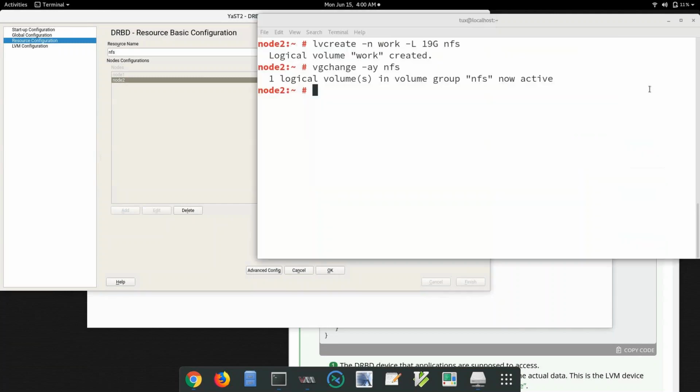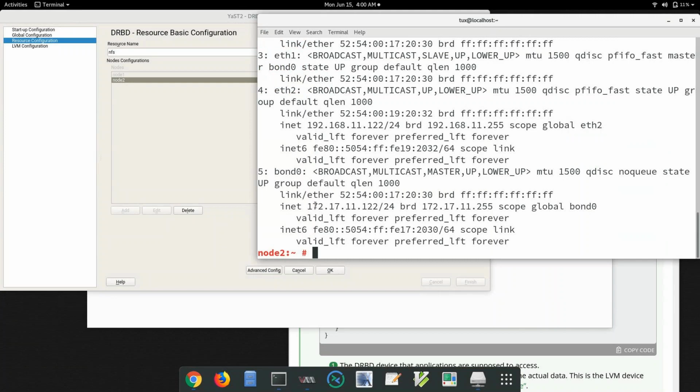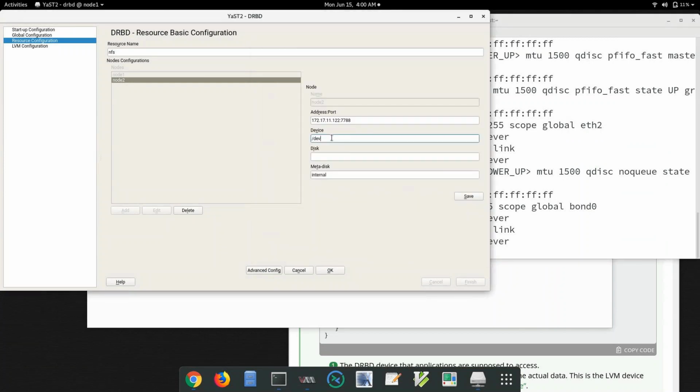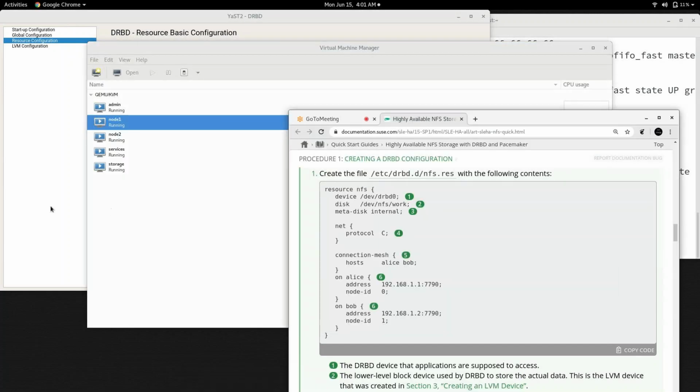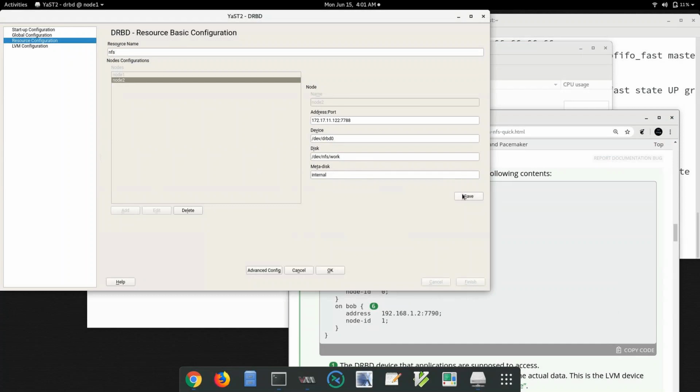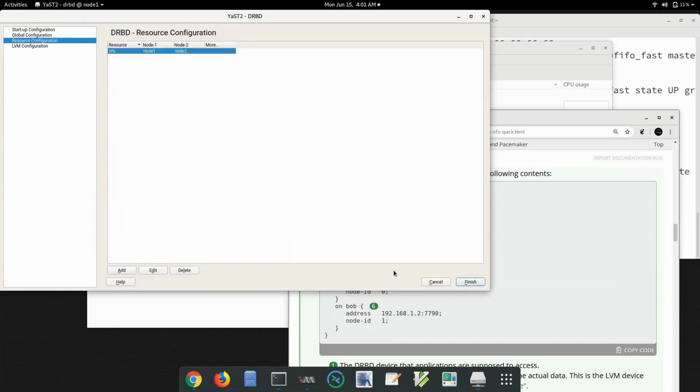This is the IP address of my second node, and you can see 11122, right? The port number is there, the name of the device is DRBD0, and this is my LVM volume, the NFS one. Let me check it. Then internal, great, save, okay, finish.